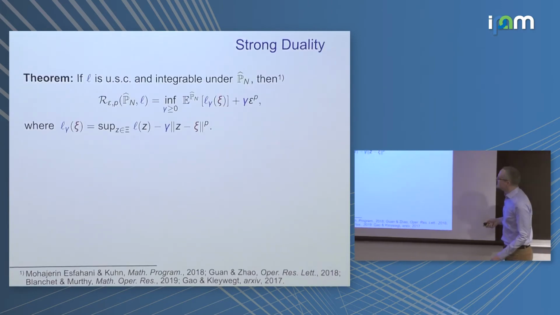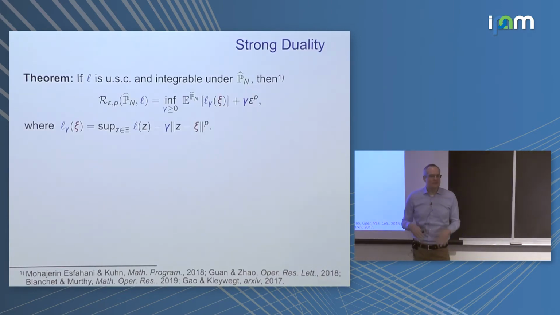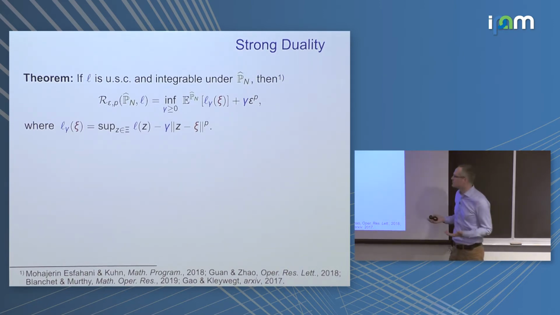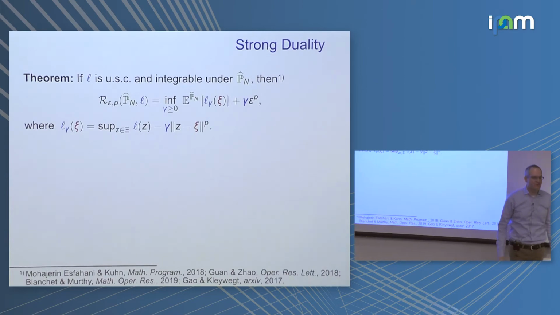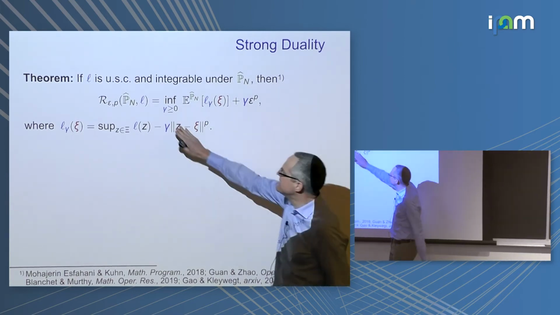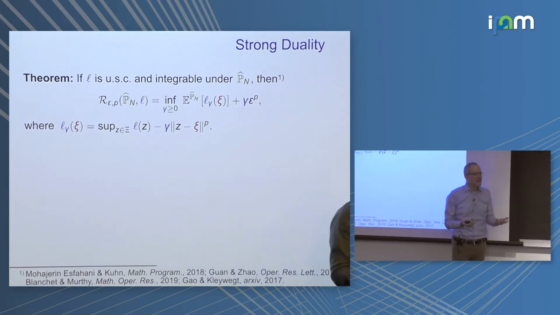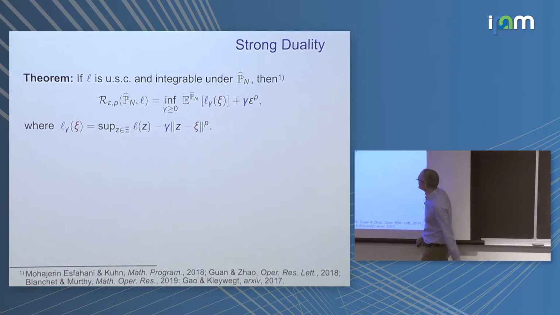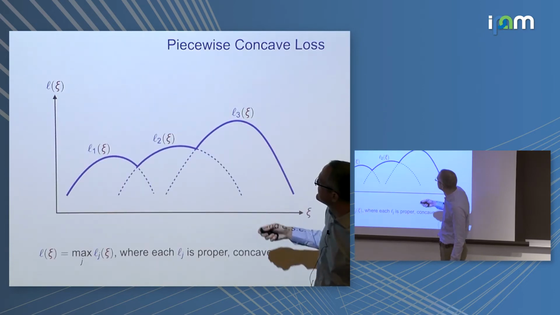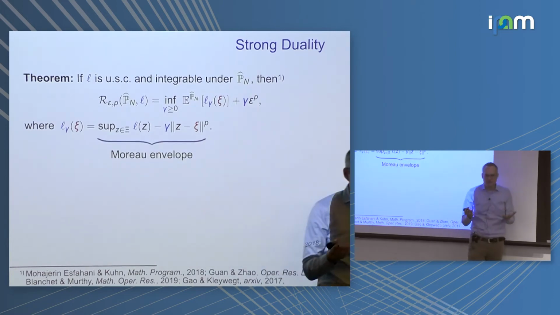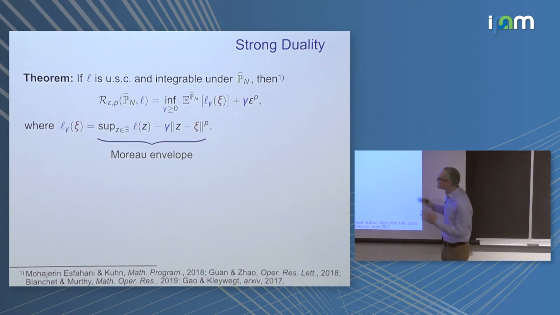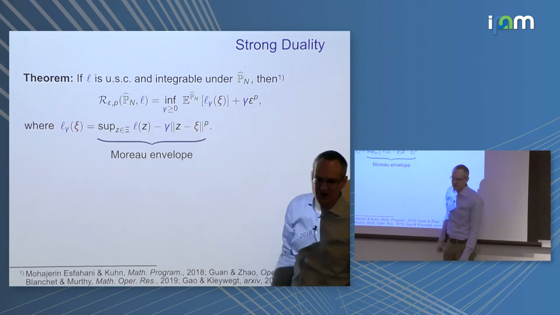Okay. The main vehicle to derive tractable reformulations for the worst case risk evaluation problem is a strong duality theorem, which expresses the worst case risk, the Wasserstein risk, as the optimal value of a univariate convex minimization problem, where the decision variable is a scalar, which is essentially the dual variable of the Wasserstein constraint. This optimization problem also involves the Moreau envelope of the loss function. If you do convex analysis, you can think of this as being related to the infimal convolution of the negative loss function and the pth power of the norm function.